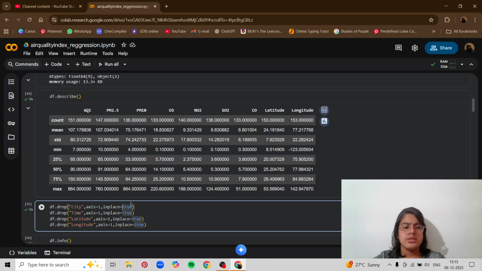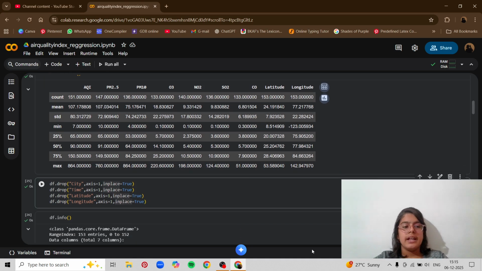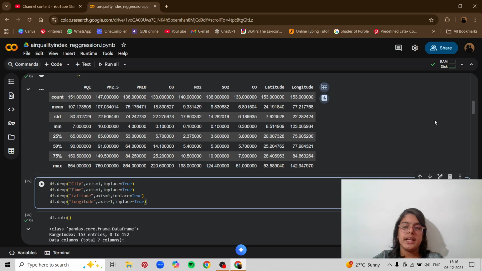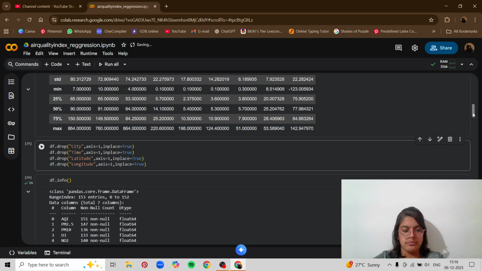You don't have to use inplace=True if you're using PyCharm or Spyder or some other programming environment. But in Colab, as you can see, this is one code cell, this is the second code cell. Now if I make some change in this cell and do not write inplace=True, then it might not carry over to the next cell. That is why it is important to write inplace=True. Otherwise, it will not drop the columns. It will only drop the columns if I write something over here. Like if I write print df over here, then it will print without these four columns. But later on when I use df, it will show me all of the columns.